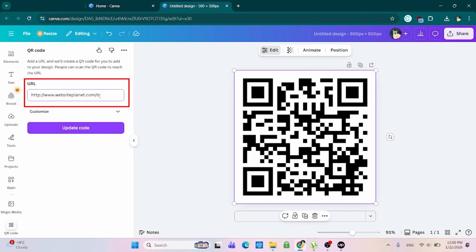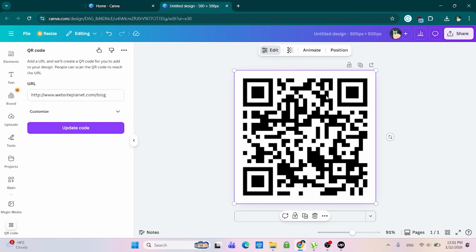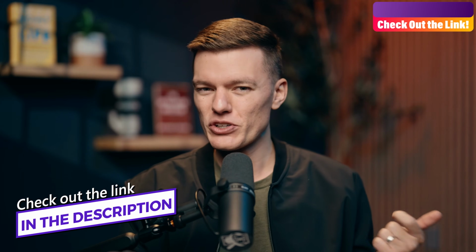One more useful thing here, if you ever need to change the link later, you don't have to start over. Just open the QR code app again, paste the new URL, and regenerate the code. And if you're still working on your brand's visuals, especially things like colors and logos,